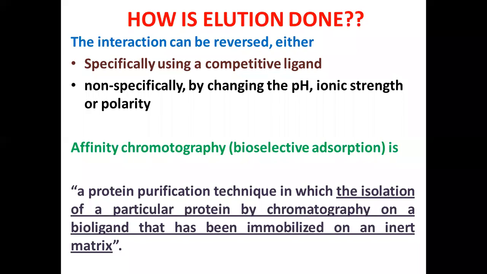So dependent upon their relative affinities, the solute molecules are going to be eluted. So you know the meaning of elution. Elution is nothing but passing a fresh solvent or fresh mobile phase through the chromatographic column in order to remove the solute molecules which are present in the chromatographic column. So it is a process of washing the chromatographic column by using a fresh solvent or fresh mobile phase.